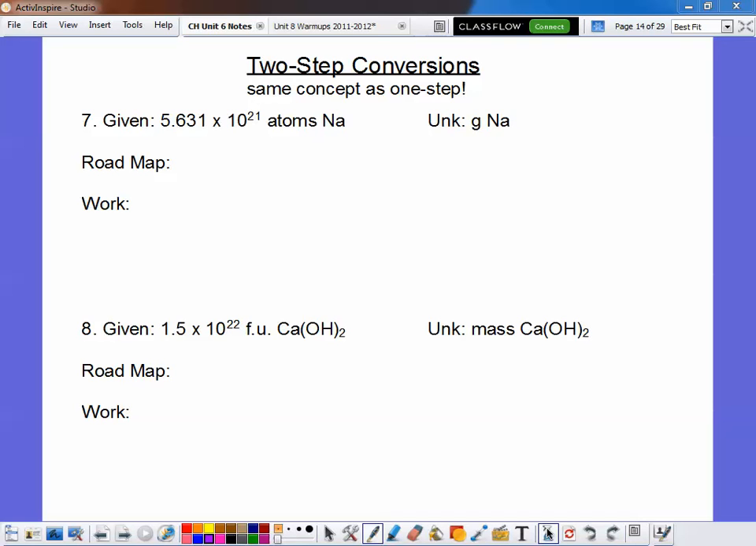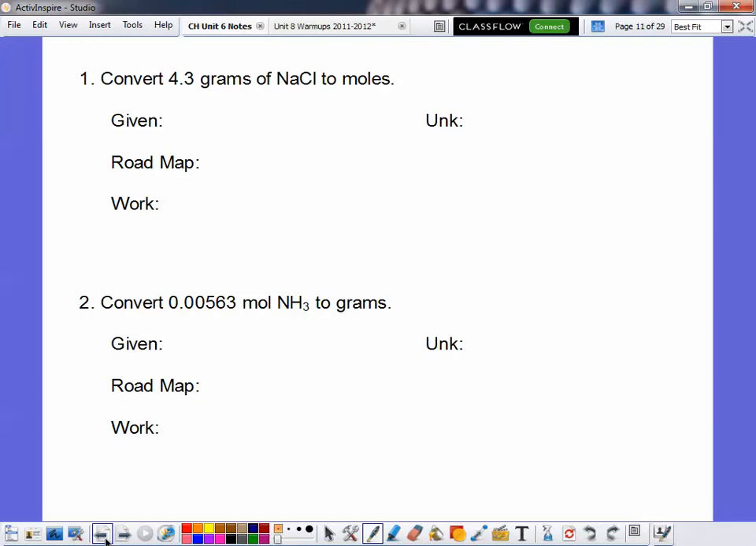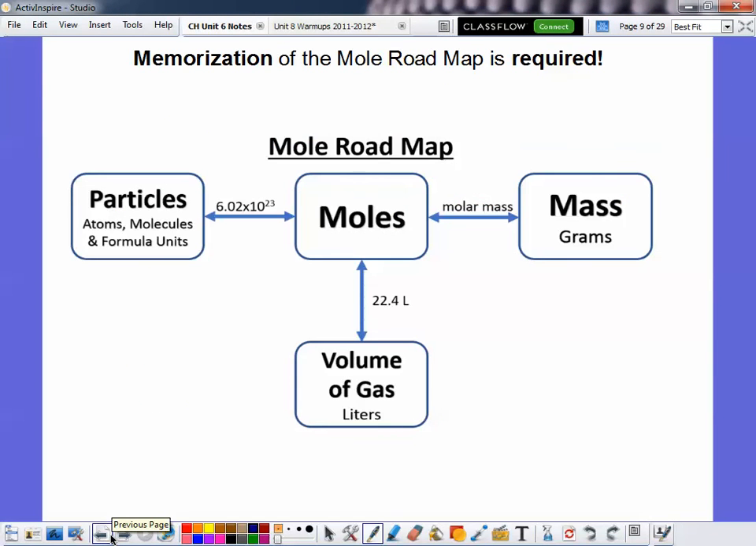All right, so two-step conversions. Two-step mole conversions are the same concept as one-step mole conversions. You're just doing it twice, okay? So if we look at our mole roadmap, which is actually the page I wanted to be on, back here,